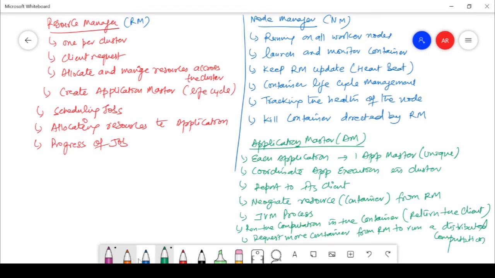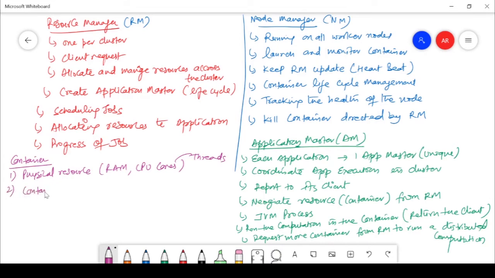And then I want to add one important thing about the container. So what is a container? A container is nothing but physical resources, like your RAM or CPU cores. I'm just talking about that, because this is actually your threads. So this is what you can call a container.